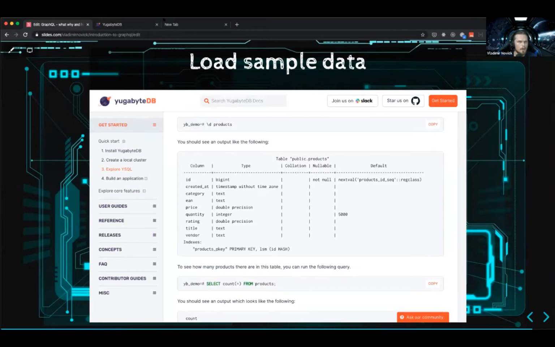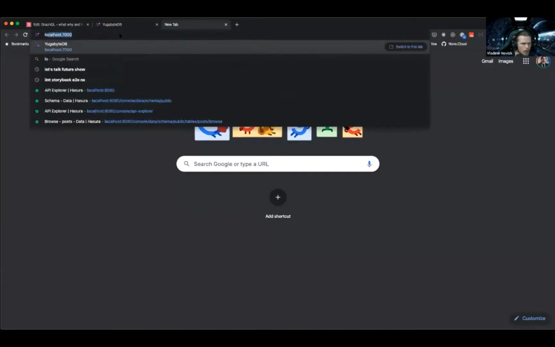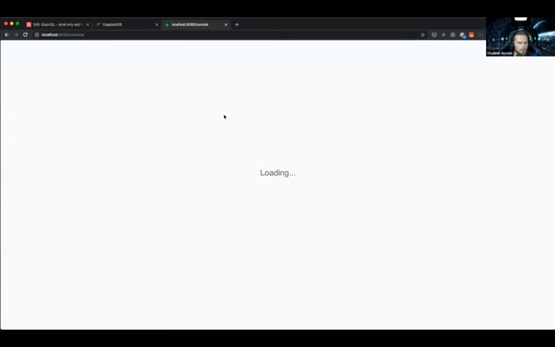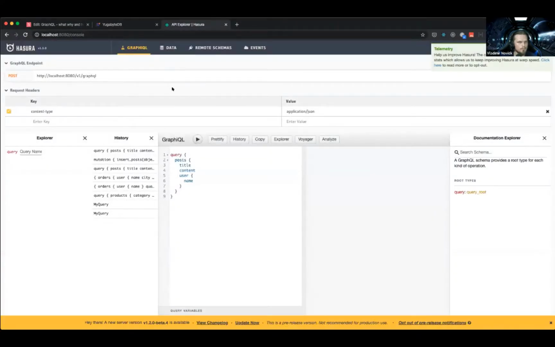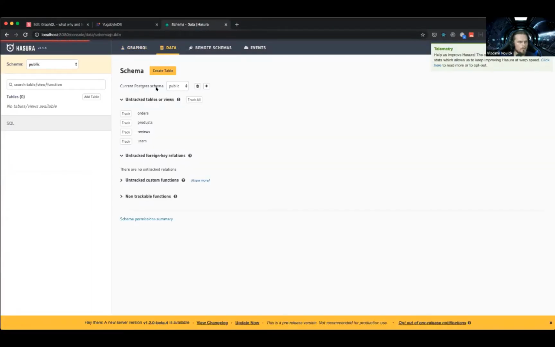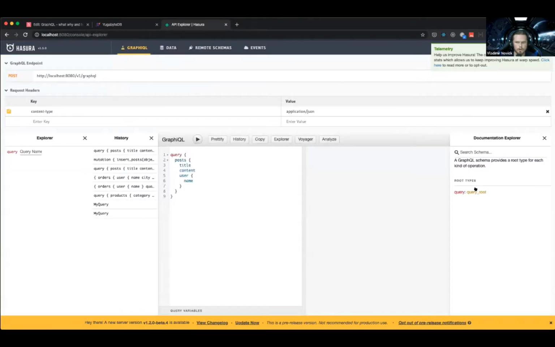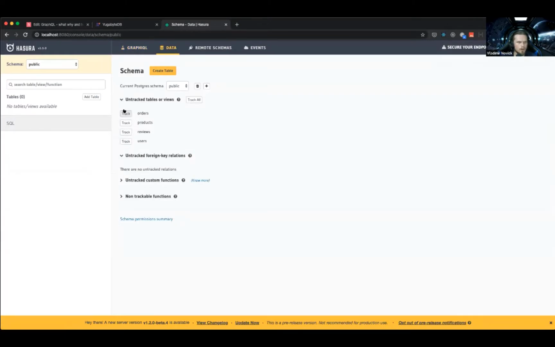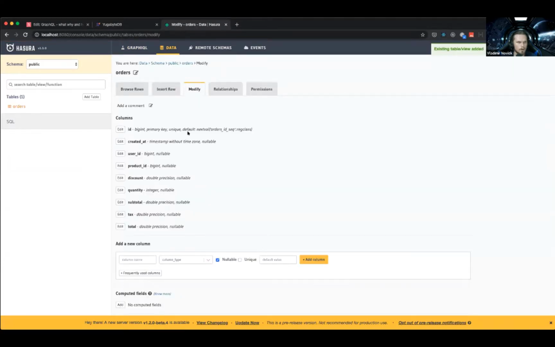But what I want to show you, if I go to localhost 8080 this time, I'll get to the Hasura console. And this time it's a new console. It's an existing database, right? And if I go to graphical, I don't see anything, but I see these tables and they are untracked. So I can click on track these tables, and then Hasura will auto-generate a GraphQL API for them.